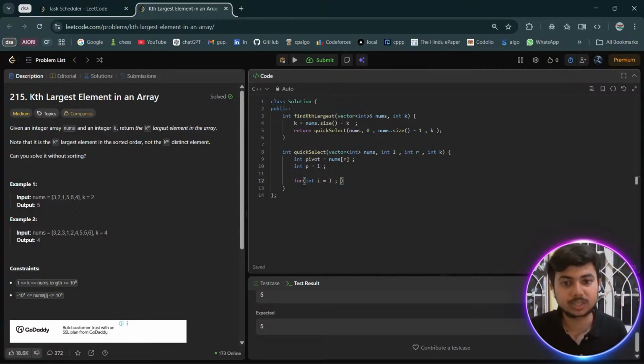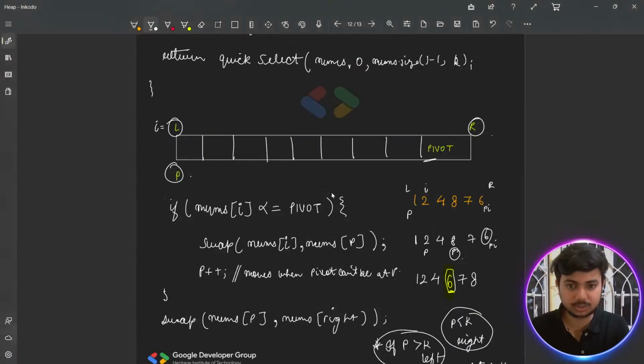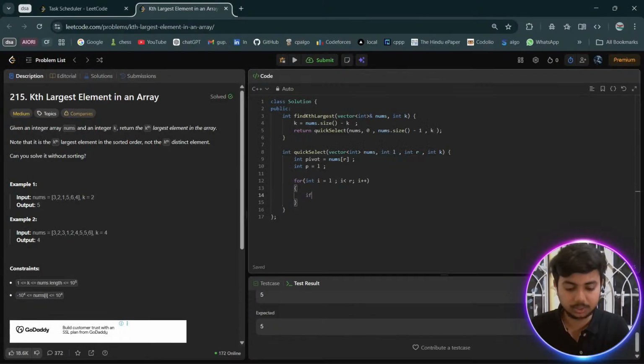Okay, the next time you will be recursively calling this particular function, यहाँ पे 0 हमेशा नहीं होगा, this particular thing will not always be 0, so you'll have to start from left, and i is less than right, i plus plus। ठीक है, अभी इसमें हम लोग को क्या करना है, this particular thing जो हमारा एल्गोरिदम है, if nums at i is less than equals to pivot, do particular things, that is you swap nums at i comma nums at p।